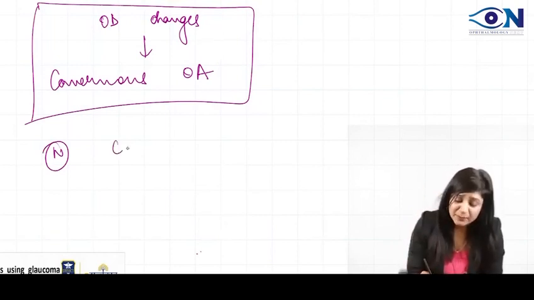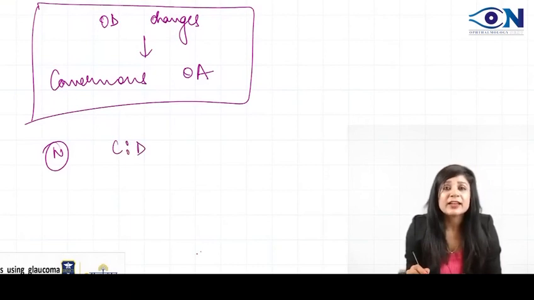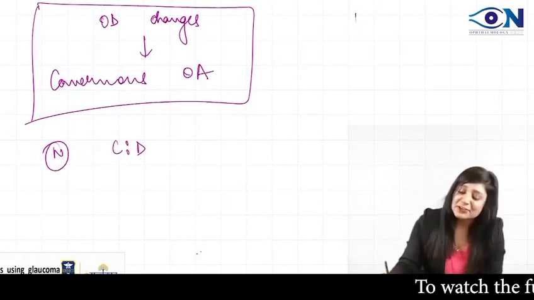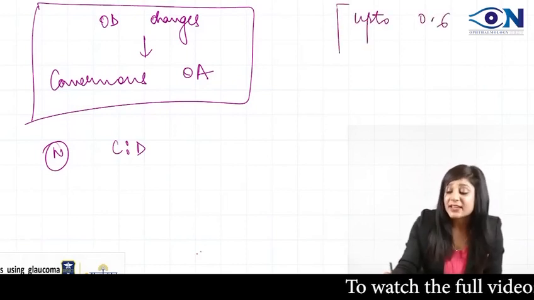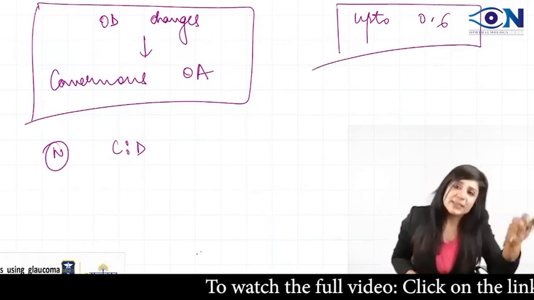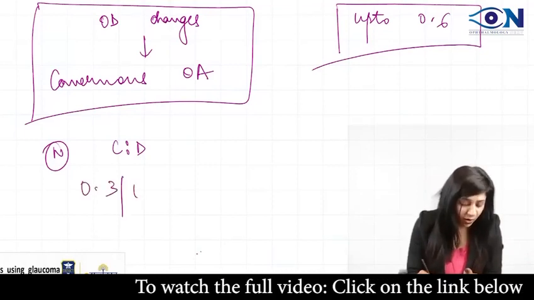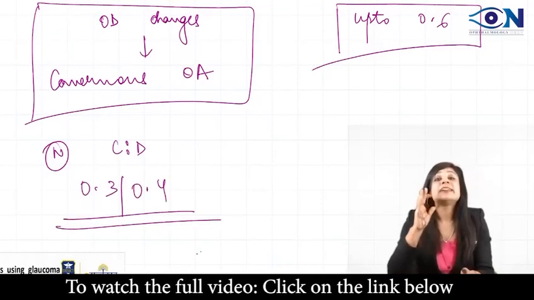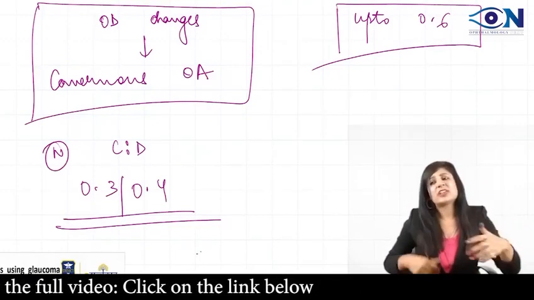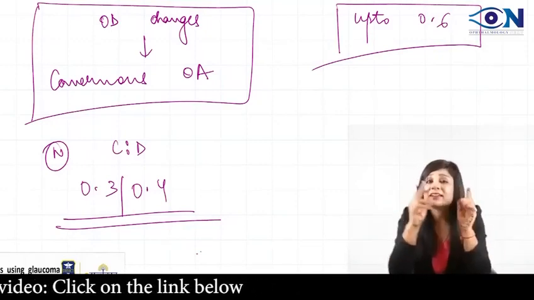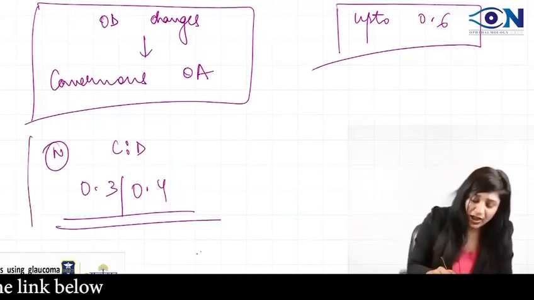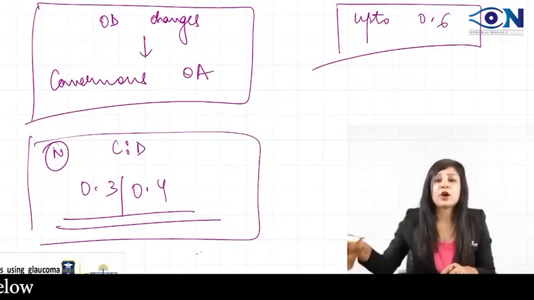A very frequent thing about the normal CD ratio: one of the very common questions that circulates is that some have given that the normal CD ratio is up to 0.6. Please, there are exceptions to the common rules, but the rules are not made from the exceptions. Normal CD ratio is 0.3 or 0.4 only. If the person has 0.6 but no other change, then I have to say that 0.6 is normal here. But that does not mean the normal CD ratio is 0.6. So do not bother about that question. You have to remember that a normal CD ratio is 0.3 or 0.4. Okay?